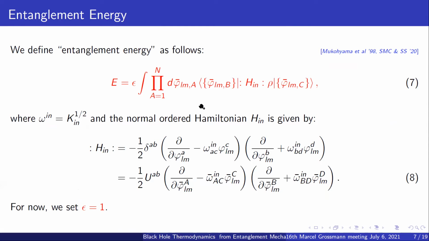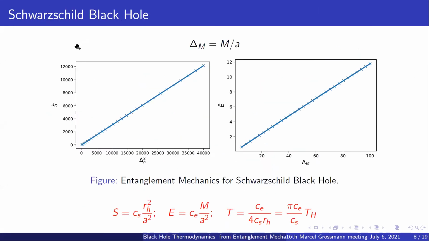Now, given these 2 quantities, I can in fact go ahead and define a third quantity known as entanglement temperature in analogy with the definition from StatMech. But I have not added it here because it's not really necessary to do this, as we will see at the end of this talk. In fact, all we need is just the entanglement energy and entanglement entropy. So I will not digress further into the formalism and the calculation aspects of the paper. Instead, I will jump directly to the results.